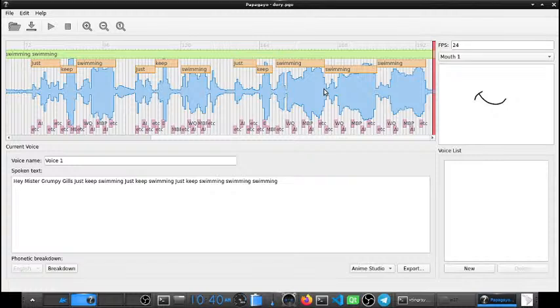The good thing about Papagayo is that it was created using the same language that is used to create TupiTube. So in the future, it's very possible that we include Papagayo inside TupiTube, so you won't need to download an external software to make this part of your animations.